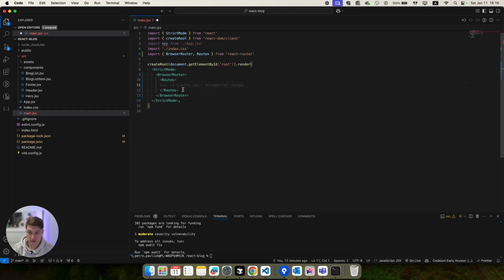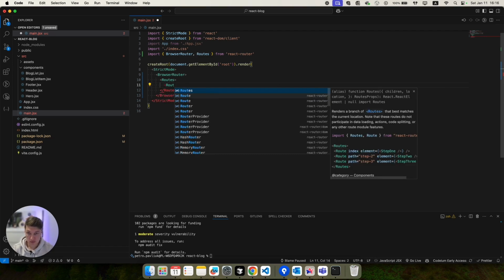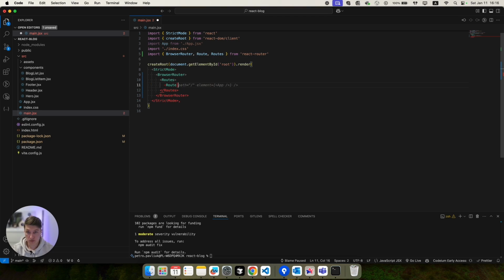And inside, we just define the routes or pages that we need in our application. It's easy to set up. We just need to create the Route and specify the path and the element. So this is like the URL in our application, and we need to specify what element or component we would like to open when we come to this path.